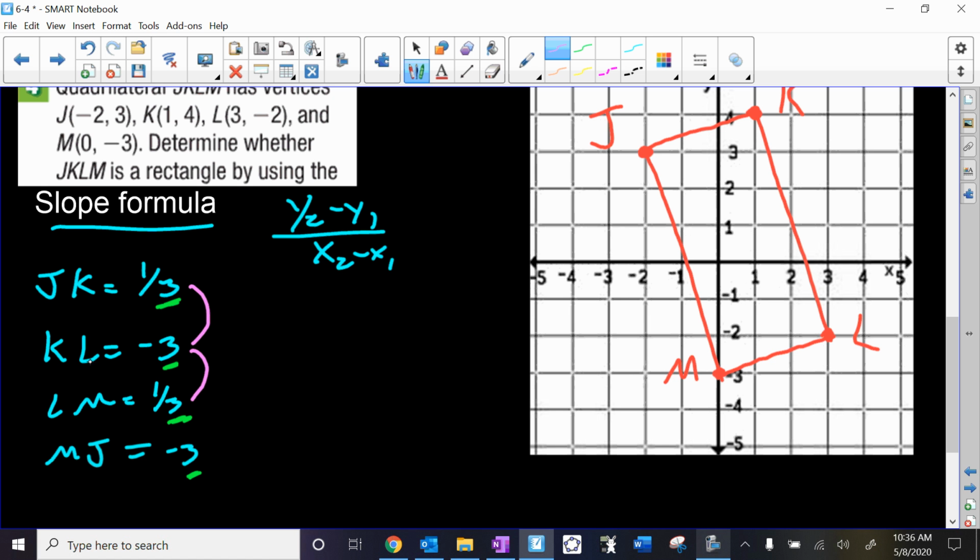If I focus on JK and KL, notice the relationship, 1/3 and -3. These are opposite reciprocal slopes. And anytime I have opposite reciprocal slopes, I have perpendicular lines. And since I have perpendicular lines, I know that I have a 90-degree angle. So really, when you're showing slope, if you can come up with perpendicular lines or opposite reciprocal slopes, you just showed me that your parallelogram has 4 right angles. So we can say that, yes, this is a rectangle